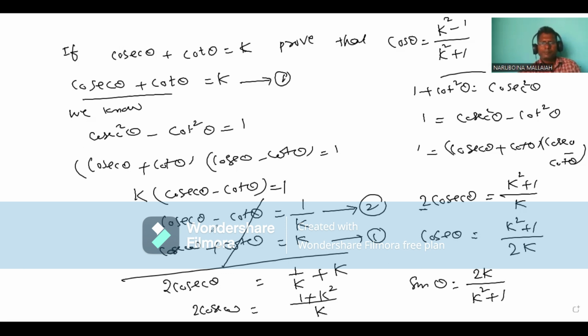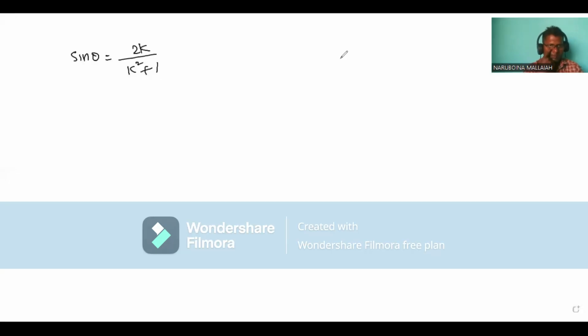From this, sin theta is equal to 2k by k square plus 1. Here we have to find the cos theta value. So